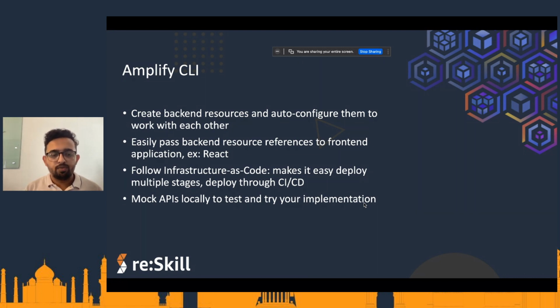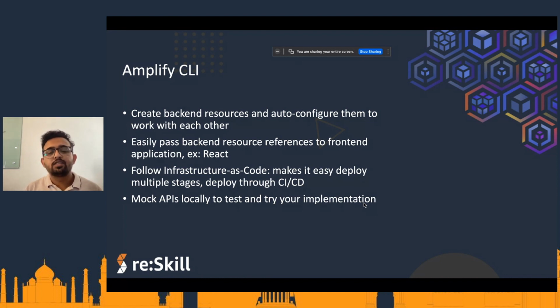So now the advantage here is, if you follow infrastructure as code, it becomes really, really simple and easy for you to replicate the same infrastructure over and over again. So you created something for dev, you want to replicate the same thing for prod or a different region or something like that. You can just run it and it will make the exact replica of your infrastructure without you touching anything in the console.